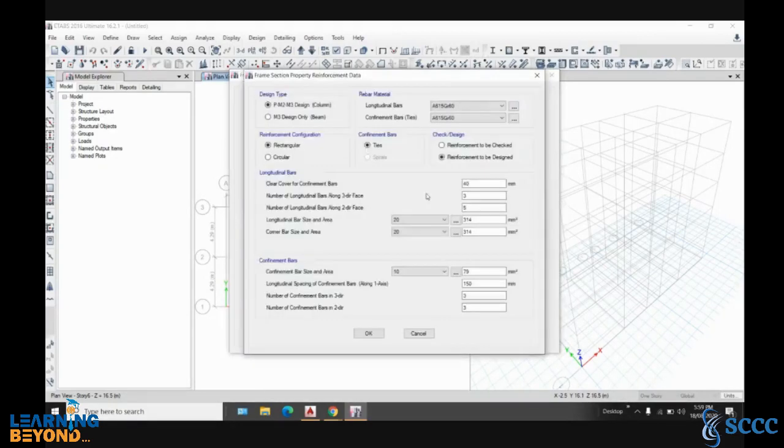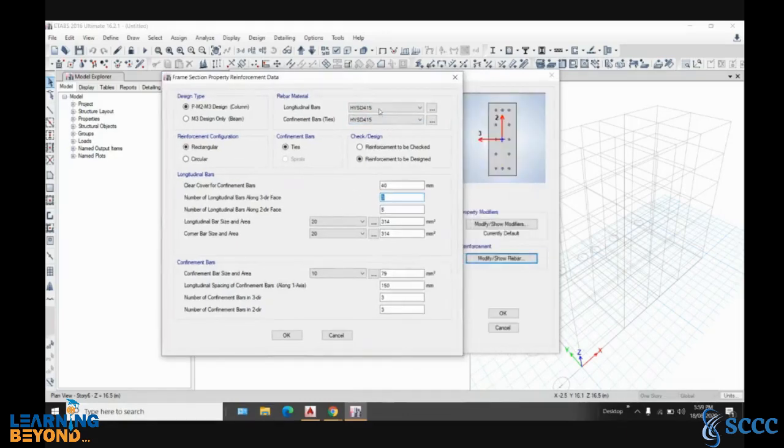Modify show bars. Here again you will have to select 415, then same, and here in 3 direction it will be 2, and in 2 direction let's say 5. Let's say 20, no matter, and click on 8.